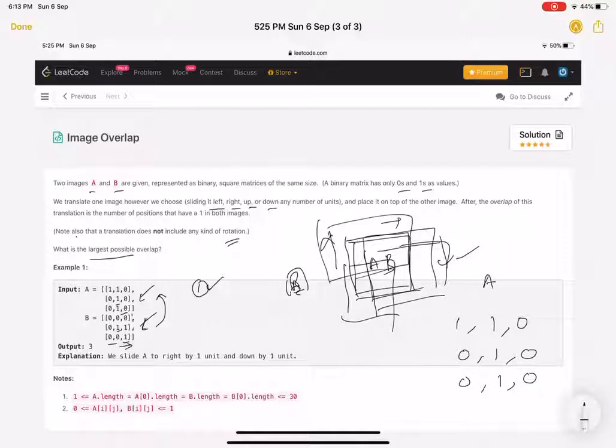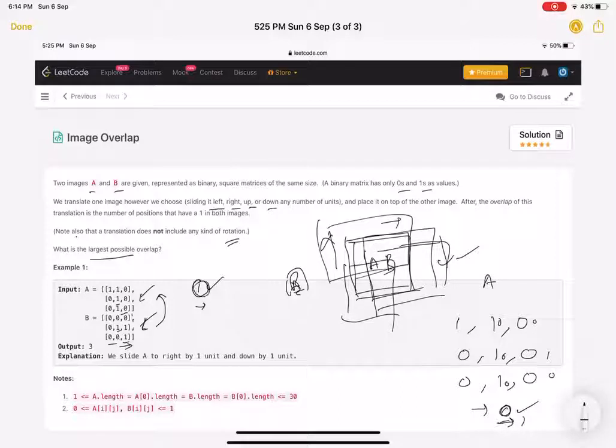So if I write it, 0 0 0, and then this will go to the extreme, 0 1 0. So we can see there are no common ones, so the size of the overlap is 0. After 1 unit of slide we get 0, and if we keep it as it is, then we get 1.